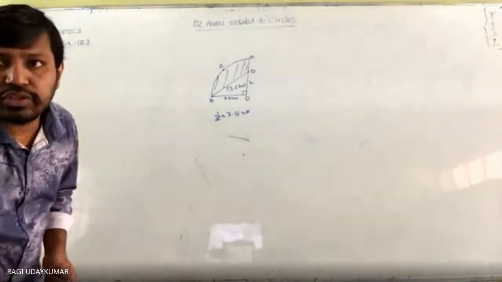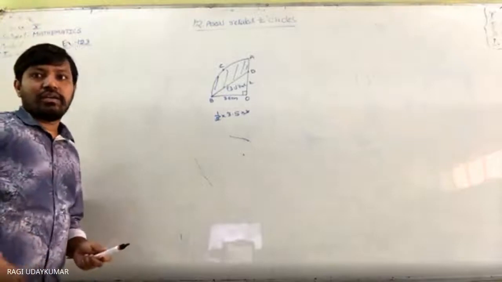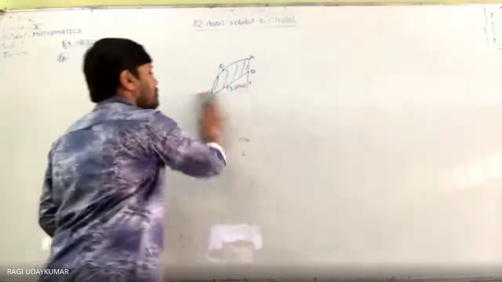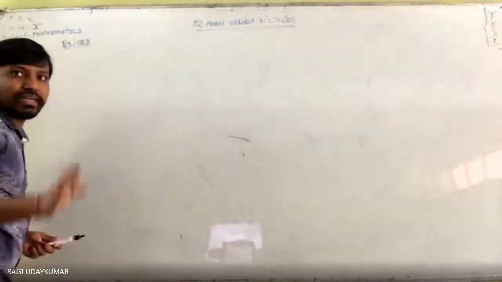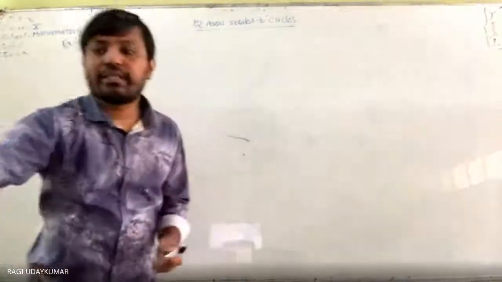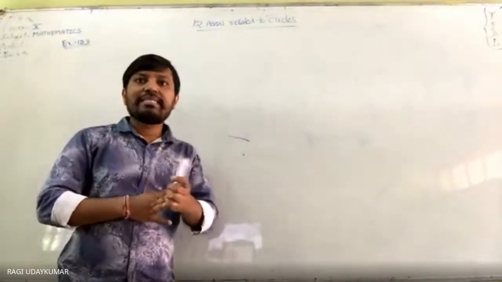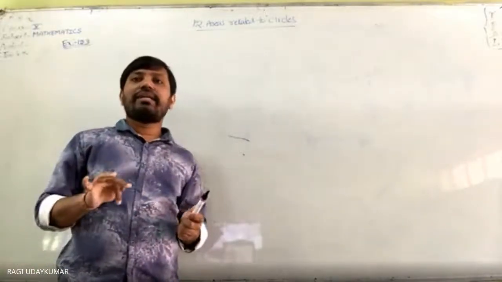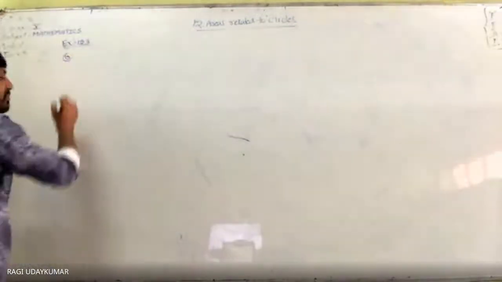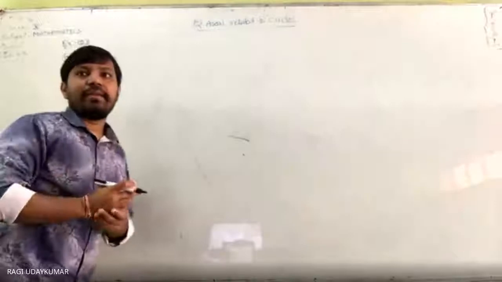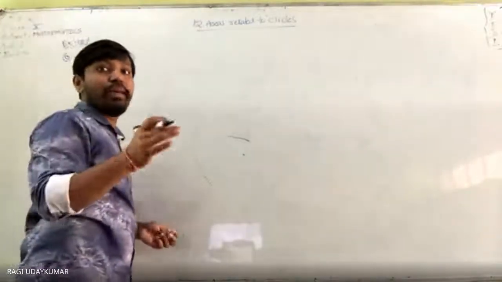Let us move to the next question, the 13th question. I thought the complicated one would be last. Actually, I thought this problem was a little bit complicated, not this one, so it is a very simple question. The 13th question: OABC is a square inscribed in a quadrant OPBQ.